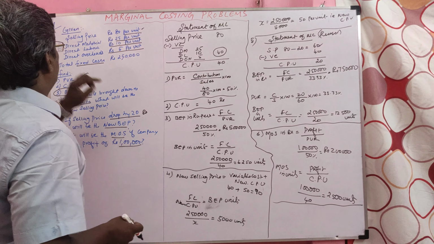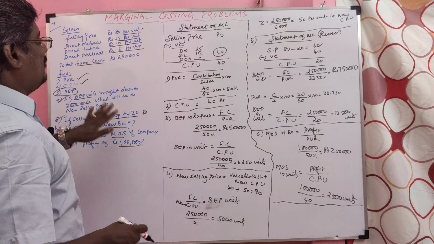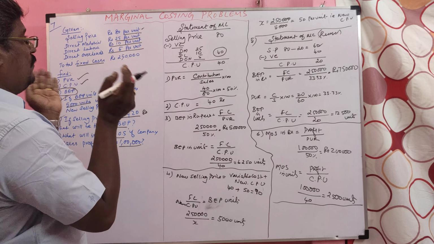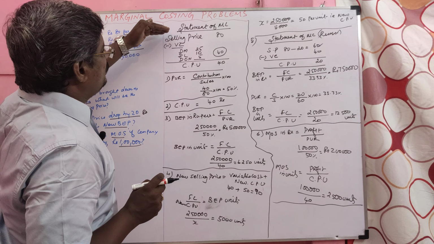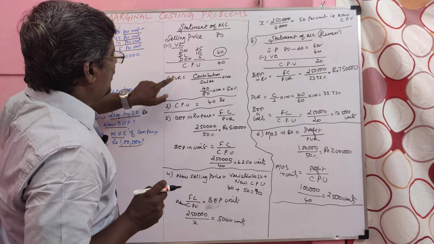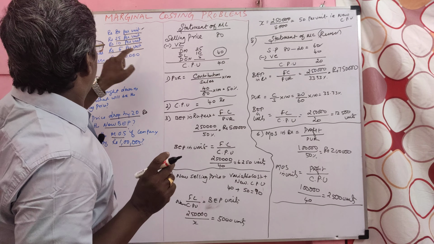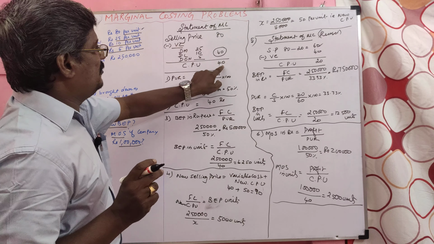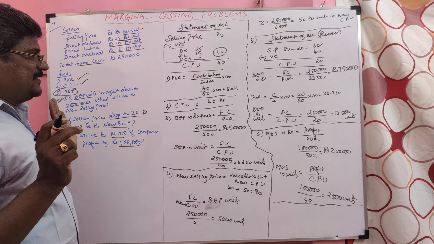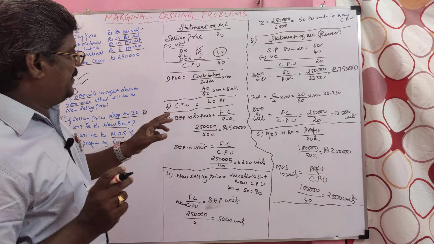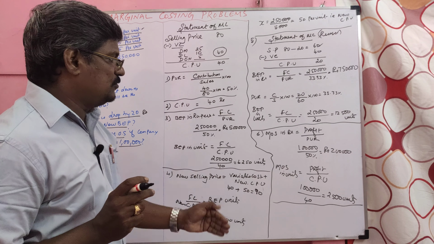Listen students, selling price per unit given, variable cost also per unit given, fixed cost for the whole firm given. Now what we have to do? We have to prepare statement of marginal costing up to the contribution per unit. Thereafter we need not deduct a fixed cost. So selling price minus variable cost equal to contribution. Then you continue with the same formula, you will get the answer. Here the new thing is the BEP. Existing BEP unit 6,250. We are going to bring down to 5,000 units.